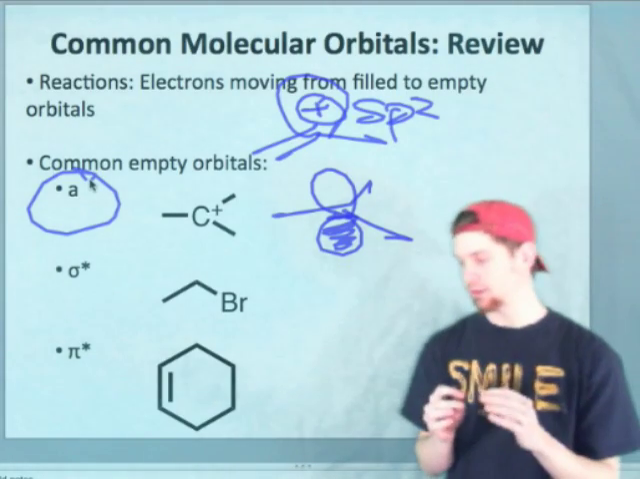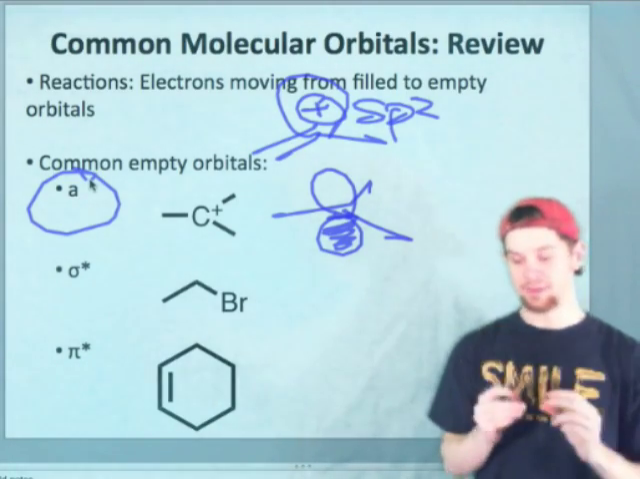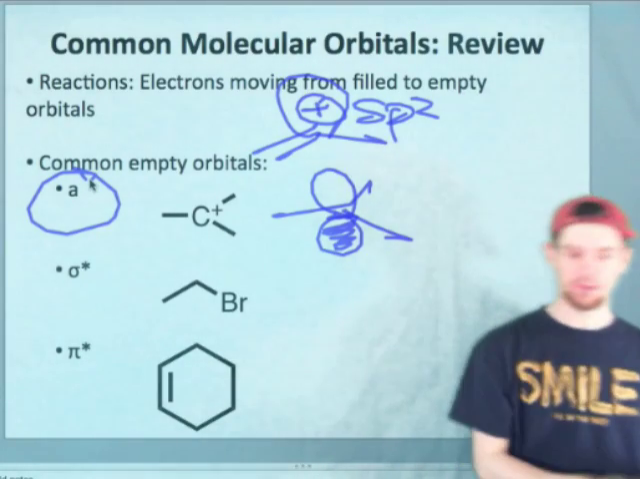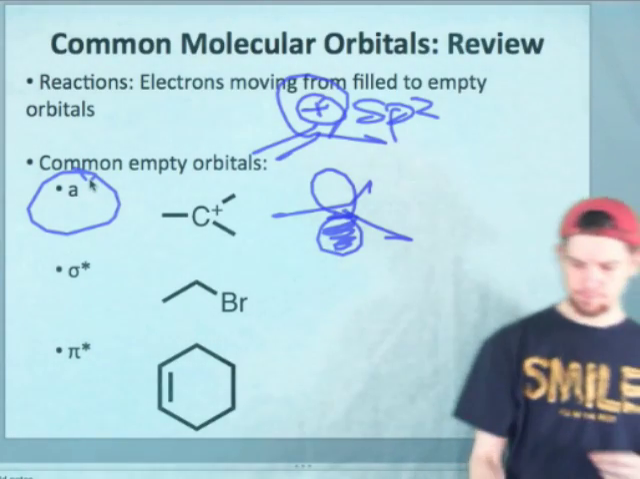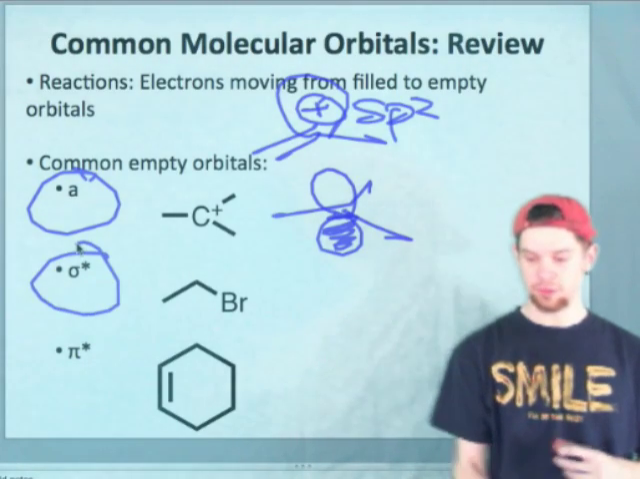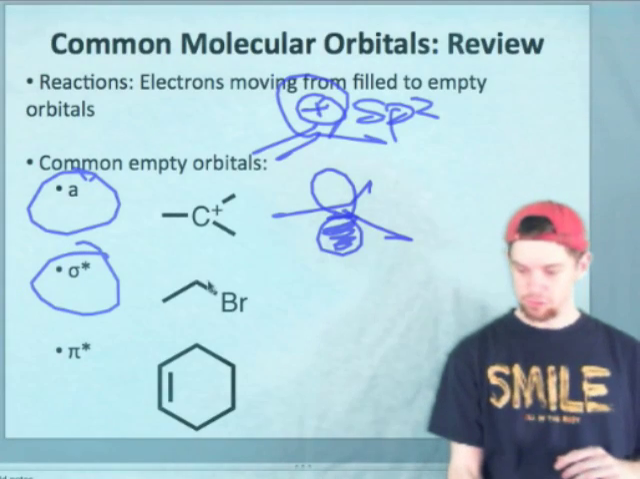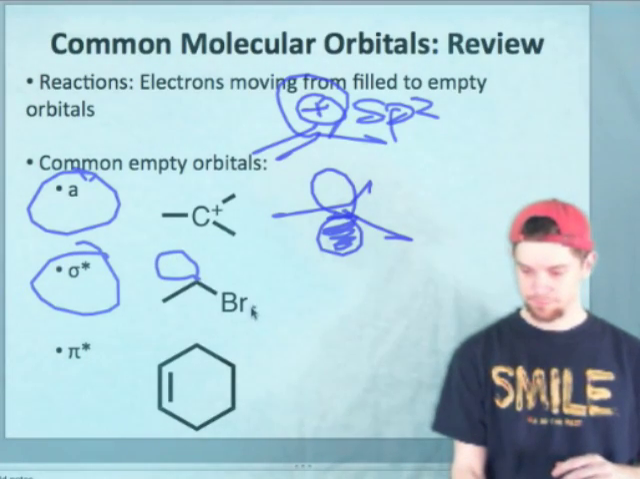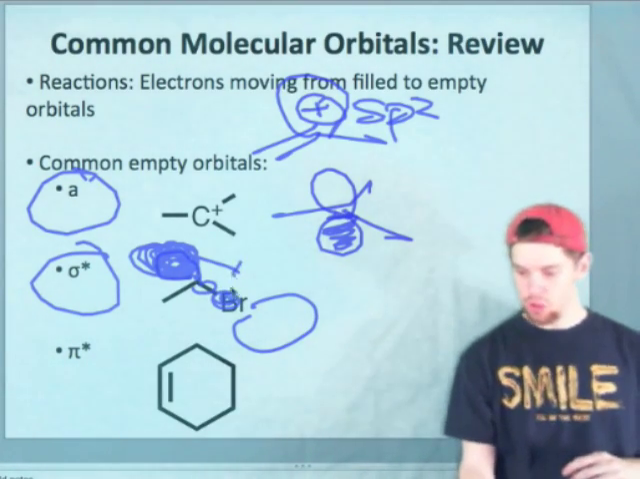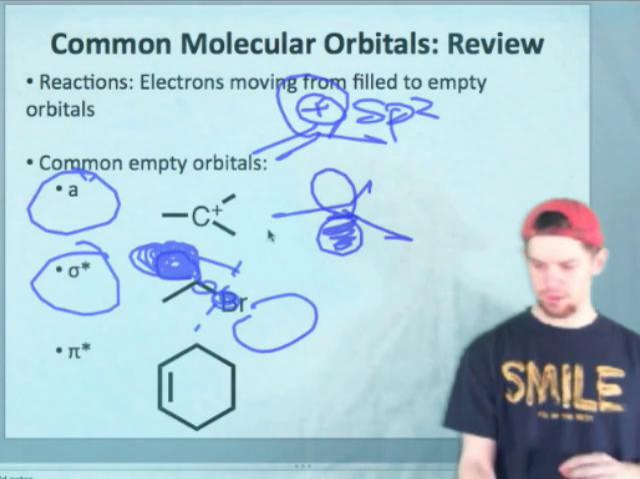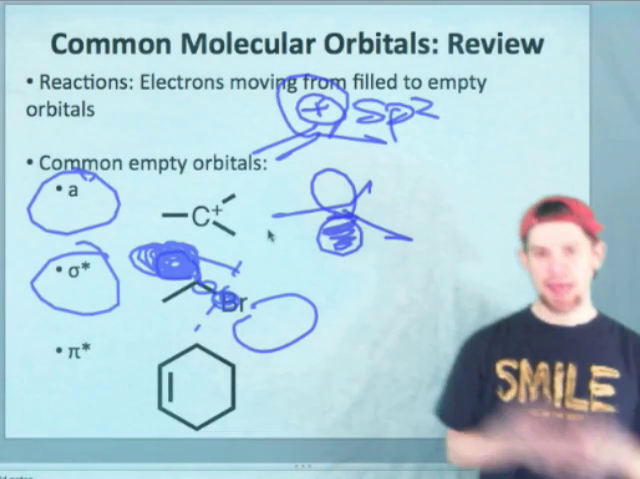It's an atom-centered, localized orbital that is empty and does not contain electrons, and that's what distinguishes it from the N orbital. The A does not contain electrons. The sigma star is a second example of an empty orbital, and that essentially looks like this. Remember, we have a node between the nuclei in the sigma and the sigma star orbital, and